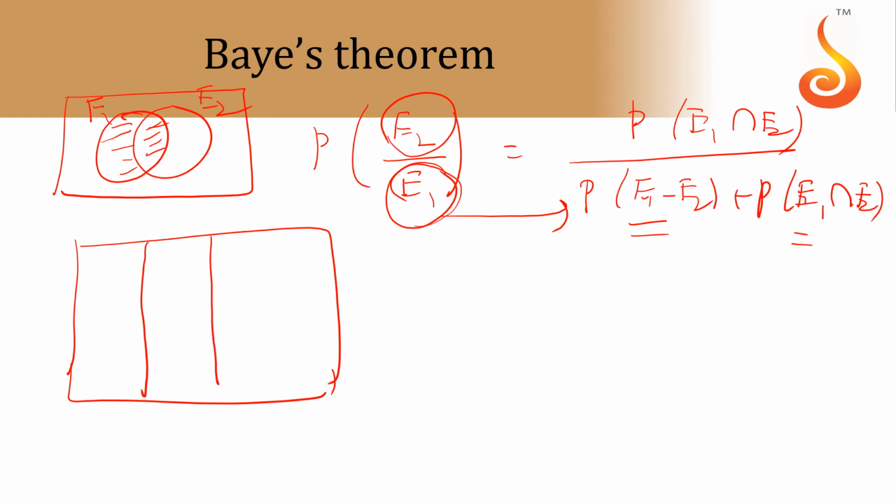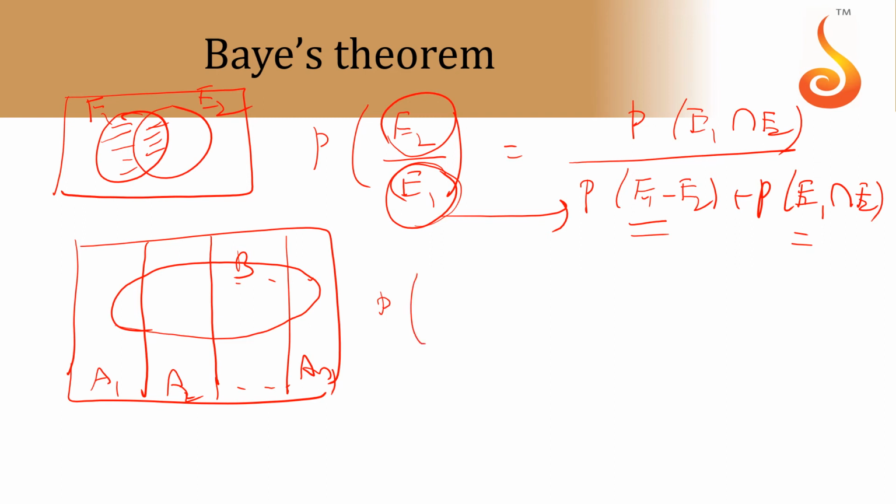So if you remember, the sample space is divided into A1, A2, so on, An parts. I can say partition. Partition means their union will be S, and every two are mutually exclusive. No two have a common element. So if you take any two, they are mutually exclusive. Now let B be a set intersecting all.